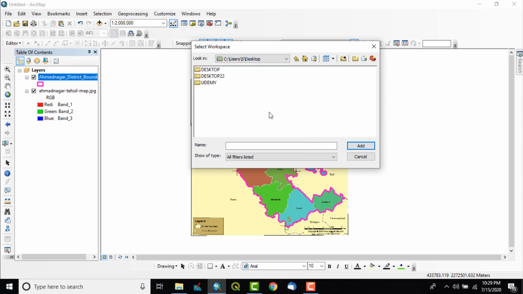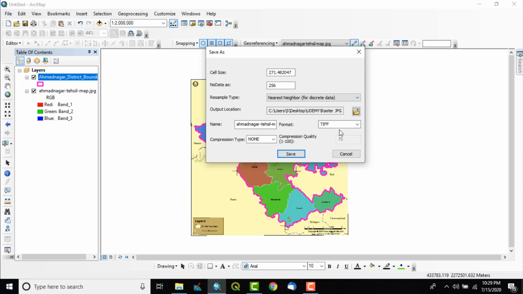My folder is on the desktop, Udemy. So here is my folder, raster JPG georeferencing. To select the workspace, we have to select our folder. Not double click on the folder, just single click and add.